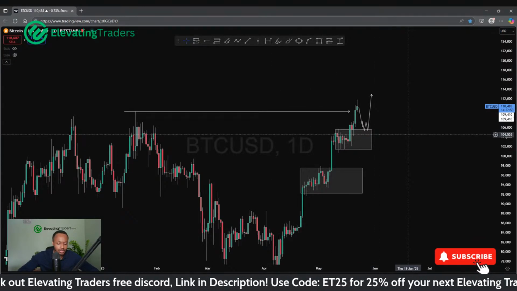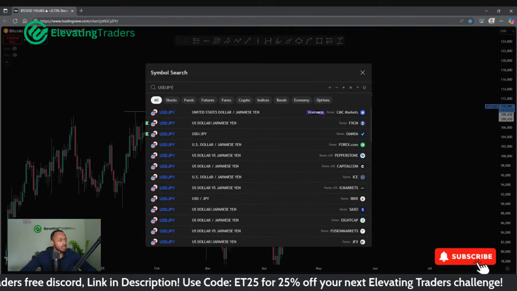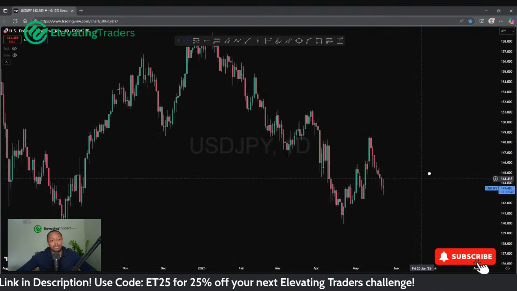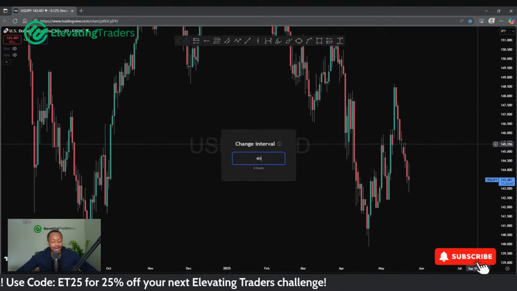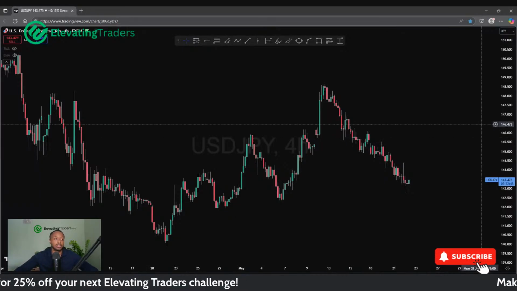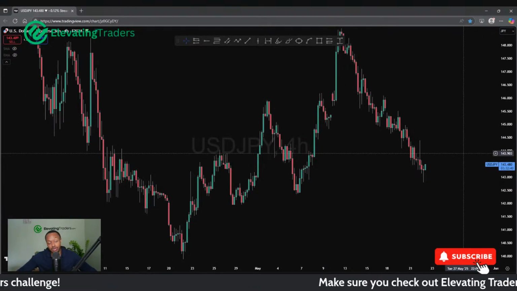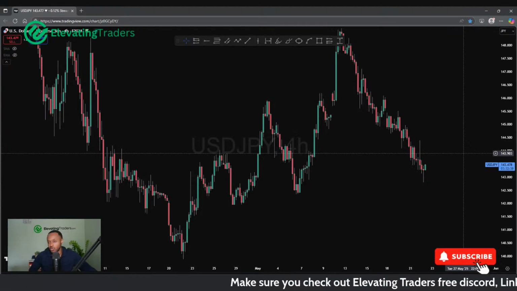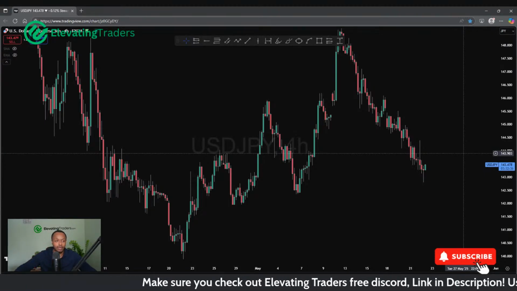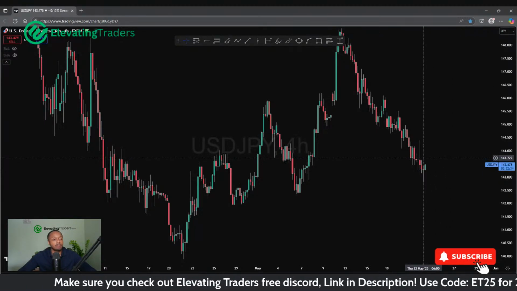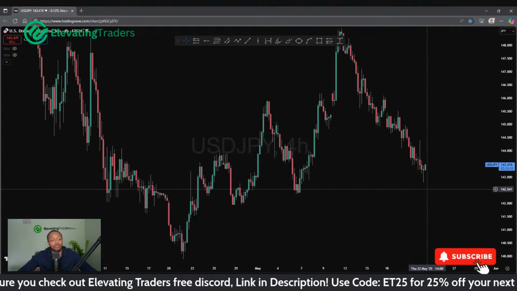Let me just go through USD JPY. So USD JPY, yeah, yen pairs are looking pretty bearish. As a whole, yen has been pretty strong. USD has been on the weaker side of things. Not so much since we last spoke. It's actually been a bit more sideways since we last spoke. But USD JPY did push to the downside a little bit.